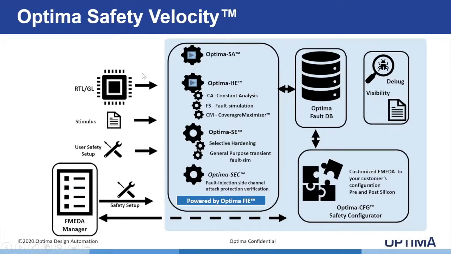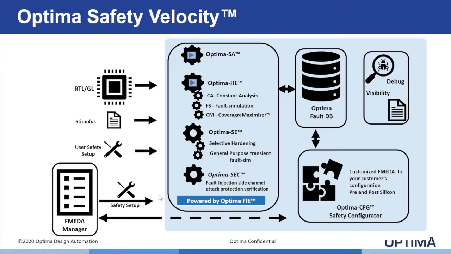Here we are presenting Optima Safety Platform with all its core engines and how the user interacts with it. The user provides the RTL or gate level design, a stimulus in the form of VCD, and the safety setup. We'll study safety setup in detail in the coming slides. But right now, assume that safety setup is nothing but providing the failure mode information. So this safety setup also can be generated by FMEDA managers, and this FMEDA can also be input to the